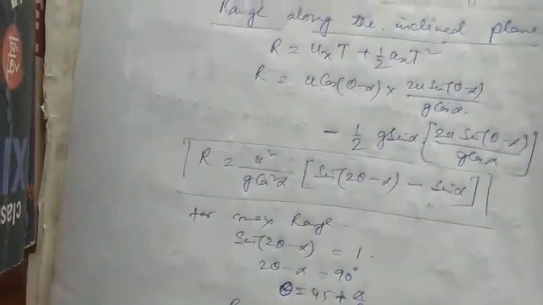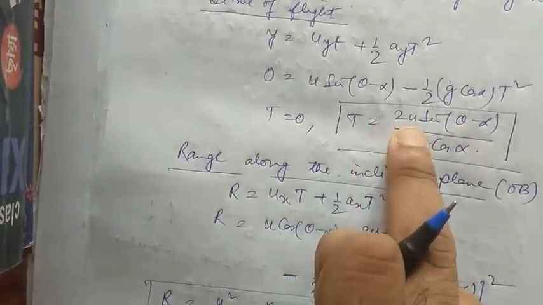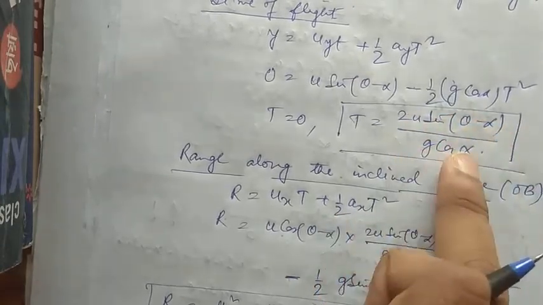The total time of flight here was 2u sin(theta minus alpha) by g cos alpha. Here we have u sin(theta minus alpha) by g cos alpha. That means it is equal to T by 2. Now